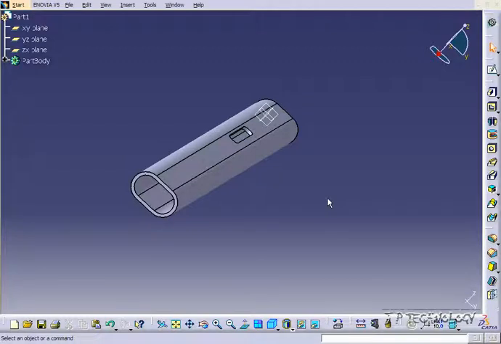This is tutorial number 91, and it covers how to use the Compass Translate Part feature within Catia V5. To start off, open up tutorial part number 87, which is located on the DVD. So what we're going to do is I'm going to show you how to use the compass to translate and